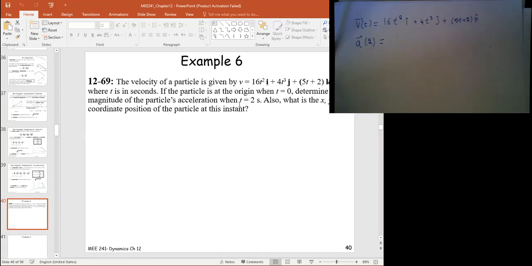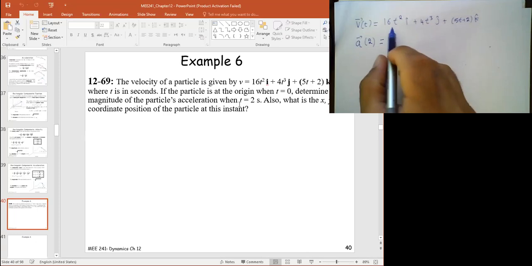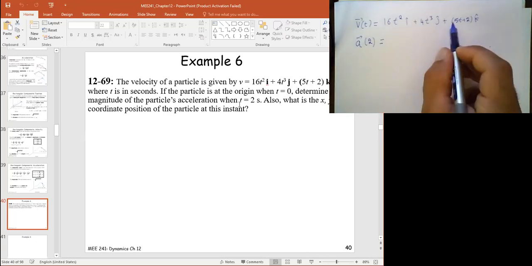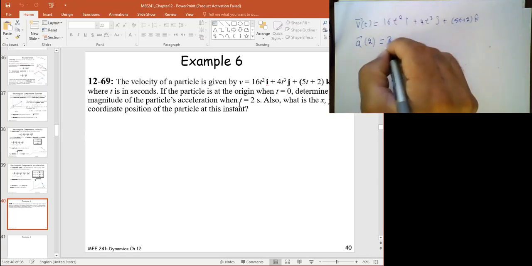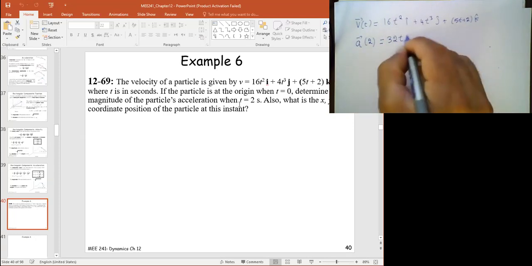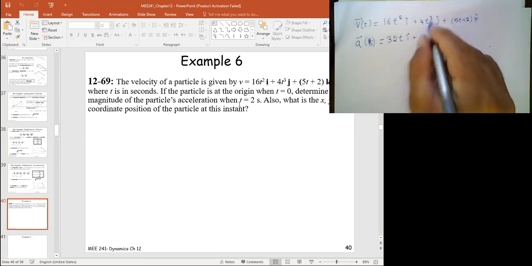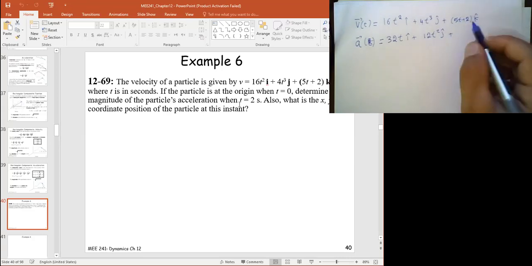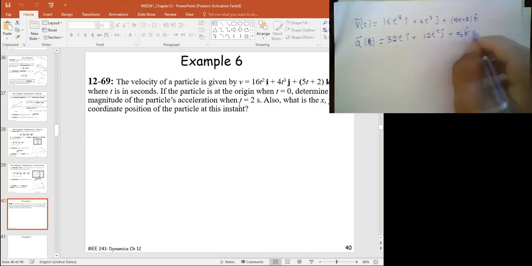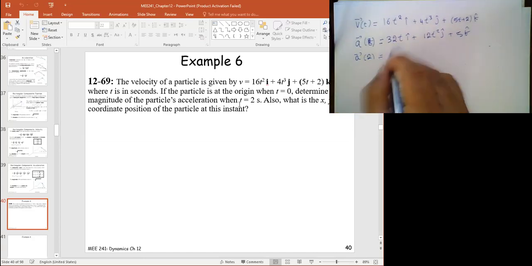I take the derivative of v. First, I get a in terms of t. Exactly. So you're going to do 32 t i, plus 12 t squared. Plus 3 times 4 is 12 t squared j, plus what is the derivative of 5t? 5k, exactly. So a as a function, a at time 2 seconds,